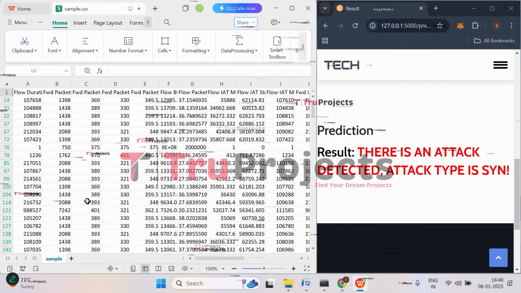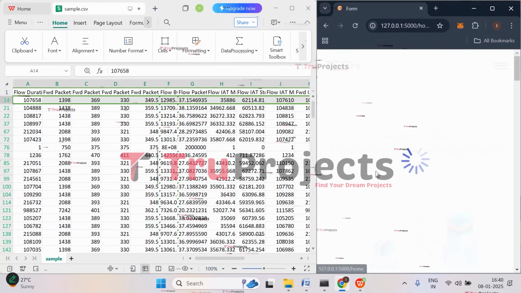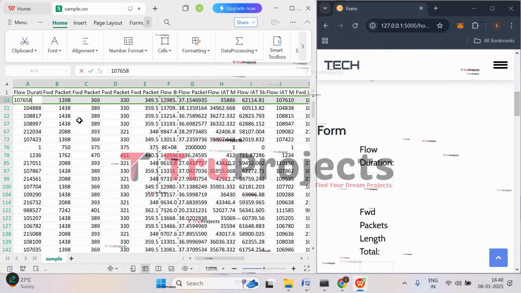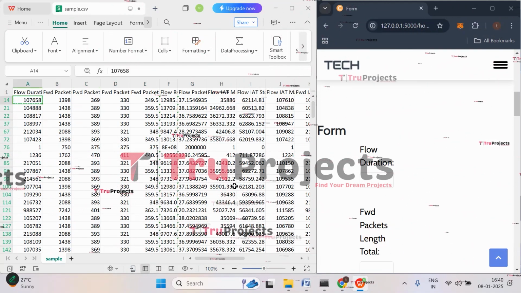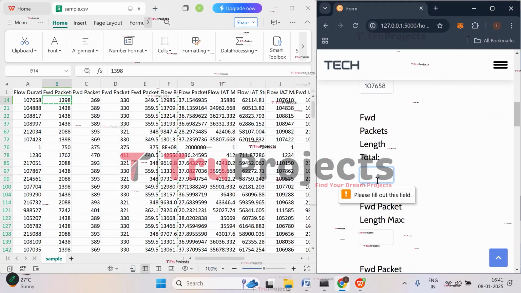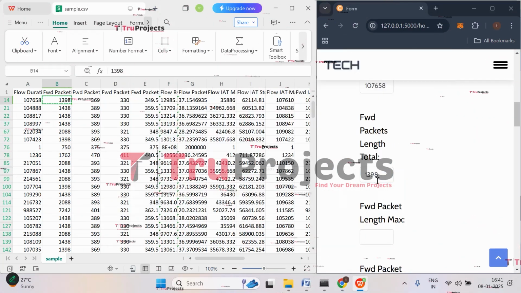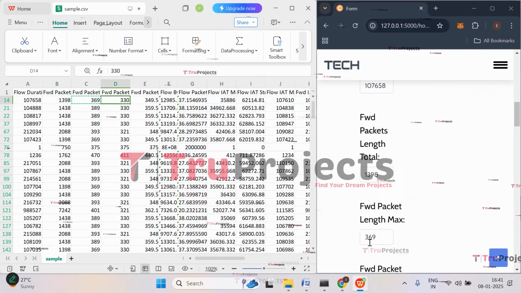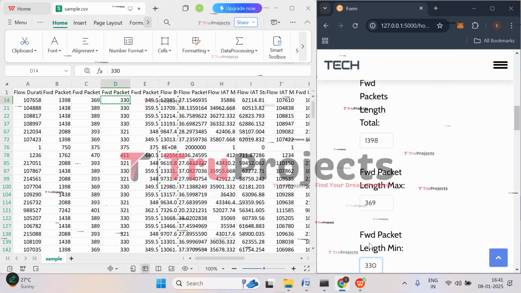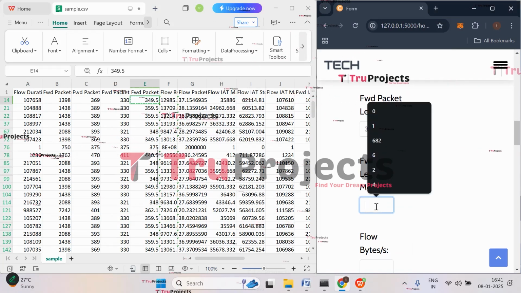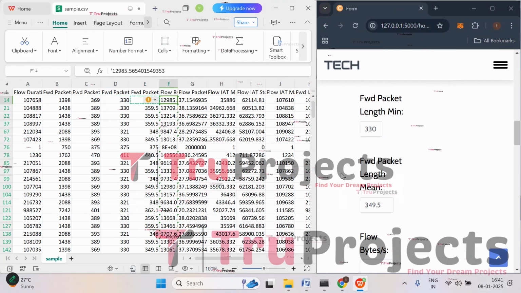And here, these are the inputs that we will be giving now. So copy the flow duration. Get back to the application, paste it. And then the forward packet total is 1398. And then next we have forward packet length max, that is 369. And then the next value is 330, that is min. And then we have forward packet mean, that is 349. And then we have flow bytes that are